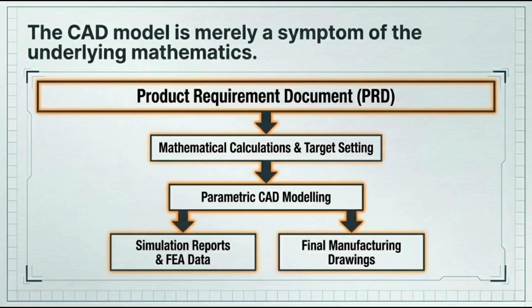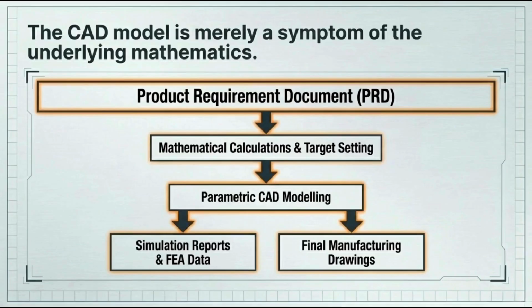Everything we have done this module leads to this moment. Requirements, benchmarking, reverse engineering, trade-off analysis, decision metrics, decision reviews. All of this activity happens before the CAD model becomes meaningful. A beautiful CAD model can still represent a poor engineering solution. Why? Because geometry alone does not guarantee performance, it does not guarantee manufacturability, it does not guarantee safety, it does not guarantee success. The CAD model simply communicates engineering decisions visually.